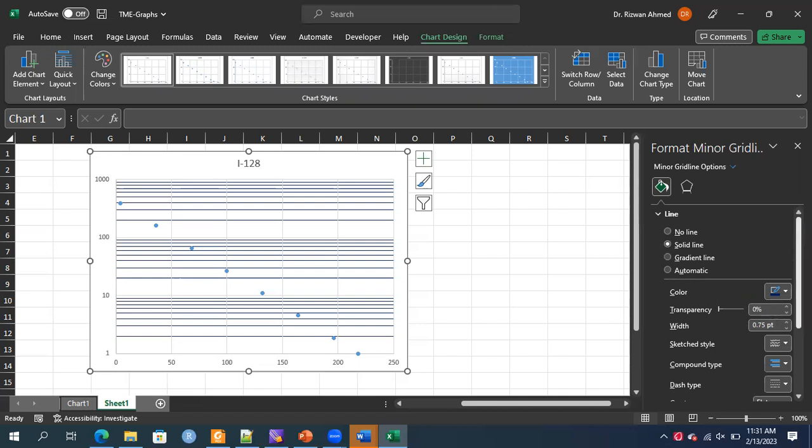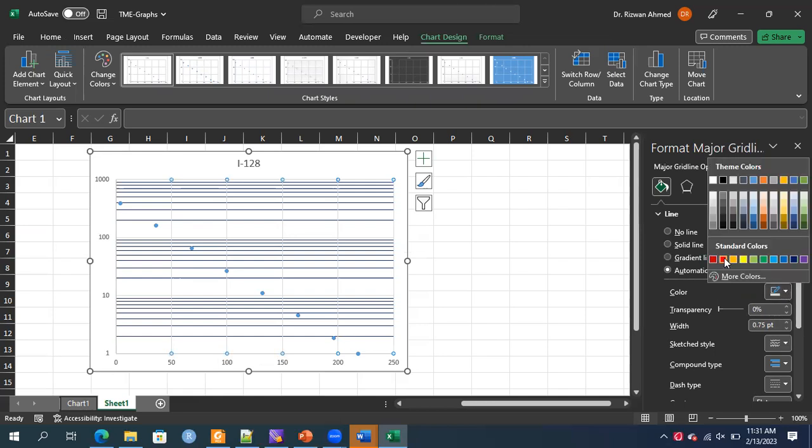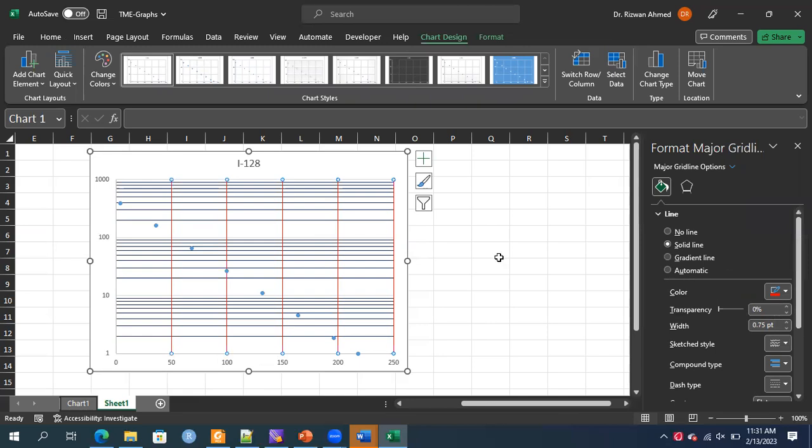Okay, so now the lines are visible. Right. For these lines, the x-axis lines are red, and the horizontal lines, representative of vertical movement, are now